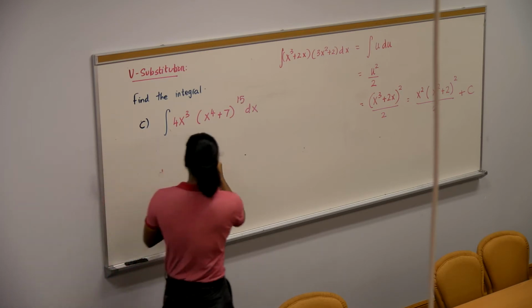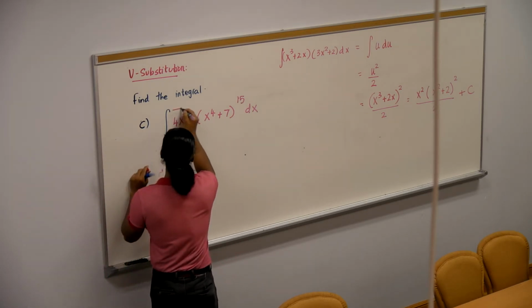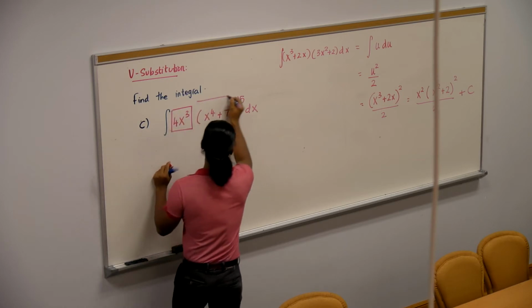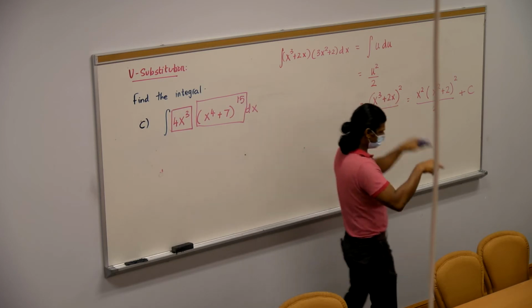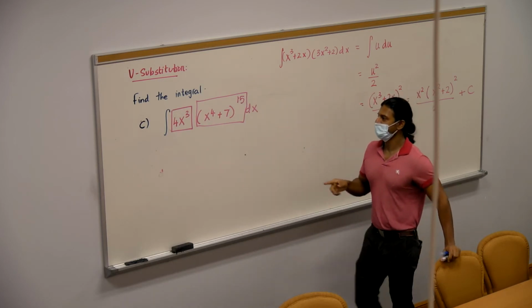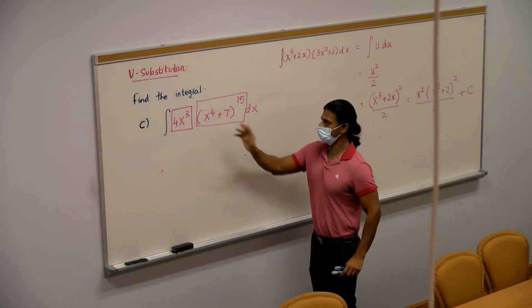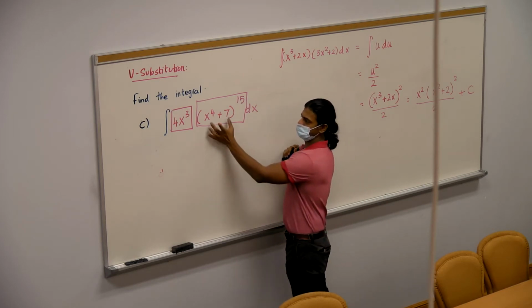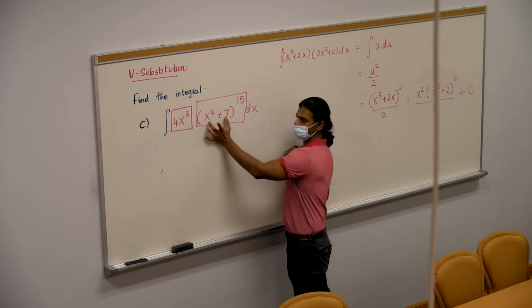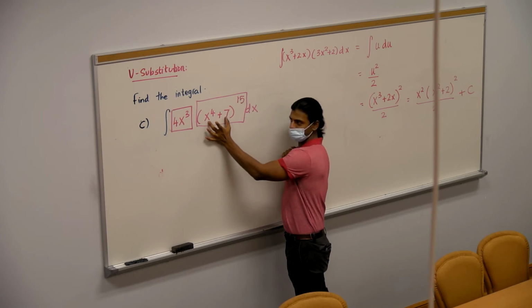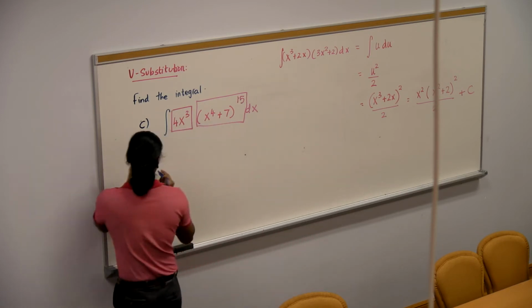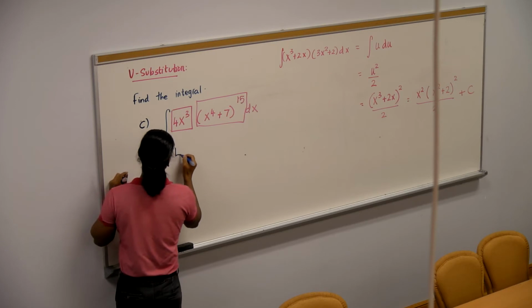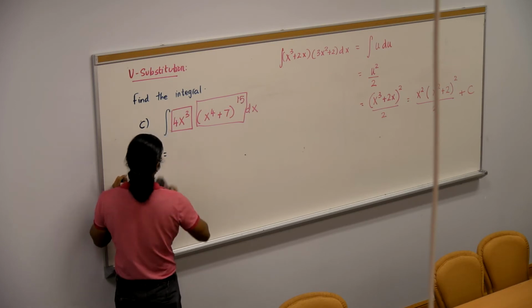Now, of the two expressions that I have, one is 4x cubed, and the other is x raised 4 plus 7 raised to the power of 15. I'll have to pick one of them as U. Should that be U, or should that be U? That. Because if I differentiate it, I'm going to get that. So U has to be x raised 4 plus 7,